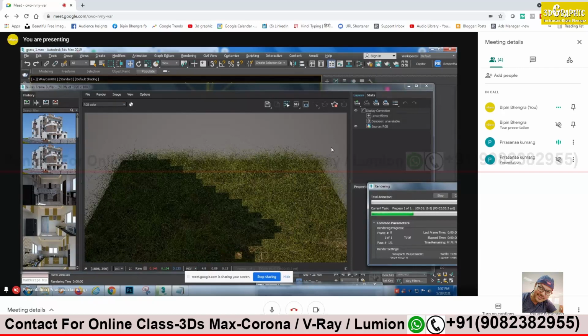But will it take a lot of rendering time, sir? Of course, it will take a lot of rendering time. VRayFur is time-taking. So only in the few areas where a little bit of grass is required, we can apply VRayFur. For the images which are far away, we can give the texture itself and a displacement map. That's what we used to do. Only what the camera captures nearby needs VRayFur to get realistic grasses. What is far from the camera, you can apply a texture and displacement map, and that will be more than enough.